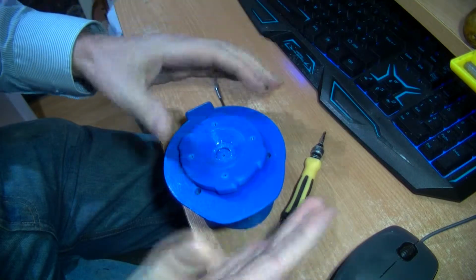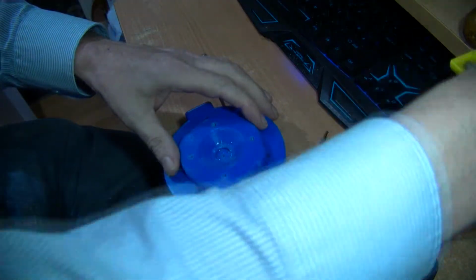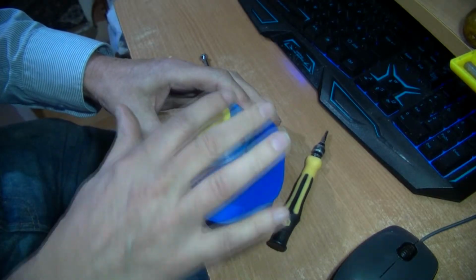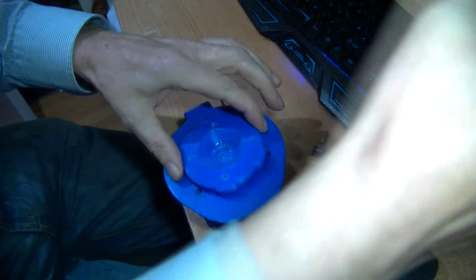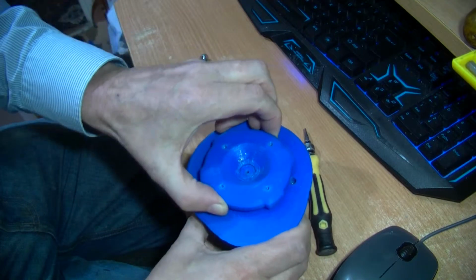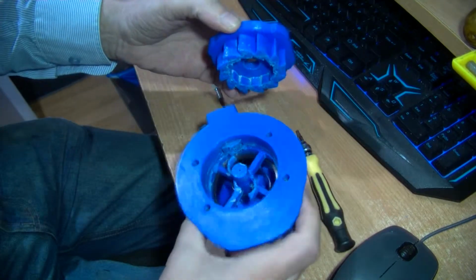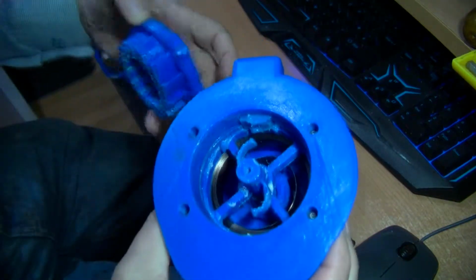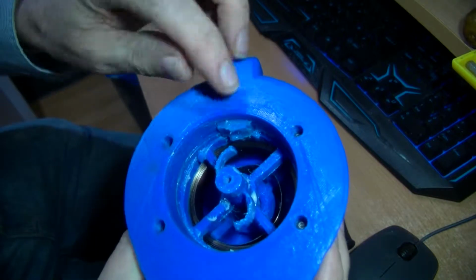So I've dismantled it a bit, took this top off. This is to actually go on a model diesel engine. This is a model diesel engine rubber, in case you don't watch any of the other videos related to this. Let's take this off and I'll show you. Those pawls are fine, plenty of lithium grease in here, but if you look at the ratchet there,